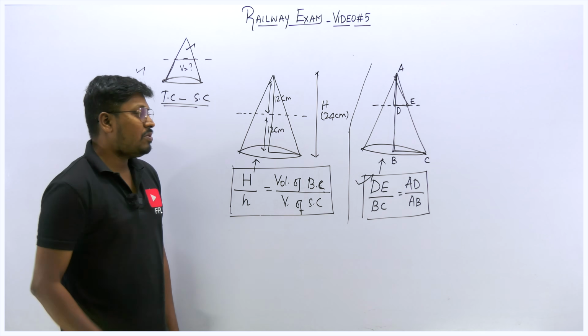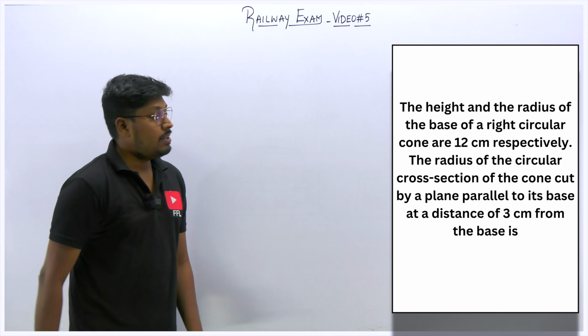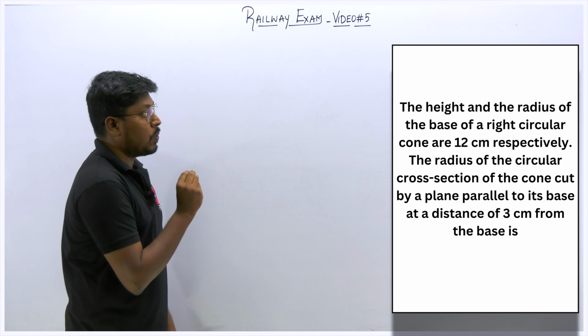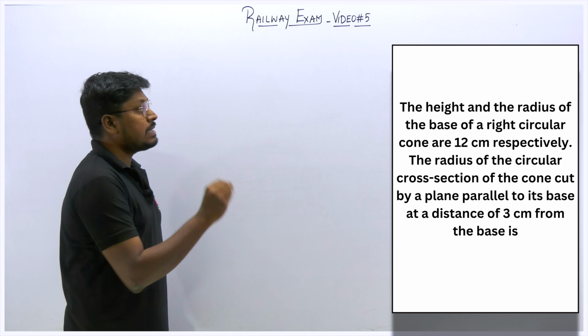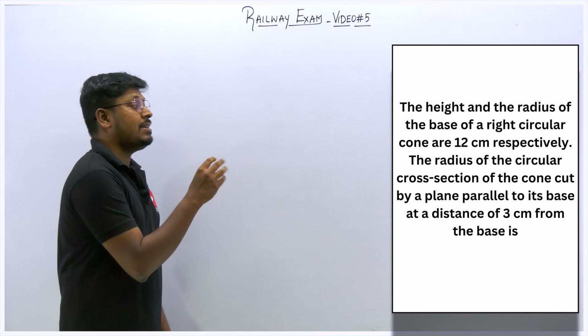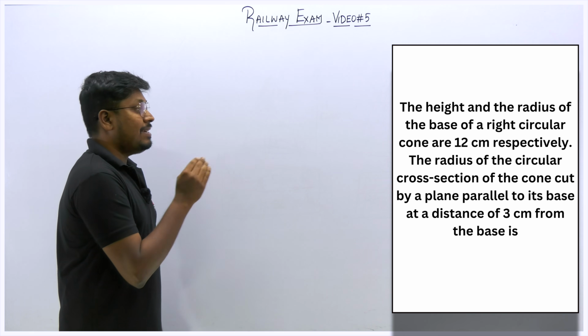So now let me move on to two questions that are based on frustum of cone. First question. The height and the radius of the base of a right circular cone are 12 centimeter and 6 centimeter respectively. Find the radius of a circular cross section of the cone cut by a plane parallel to its base at the distance of 3